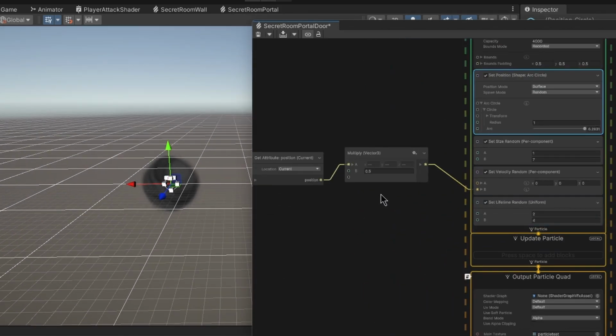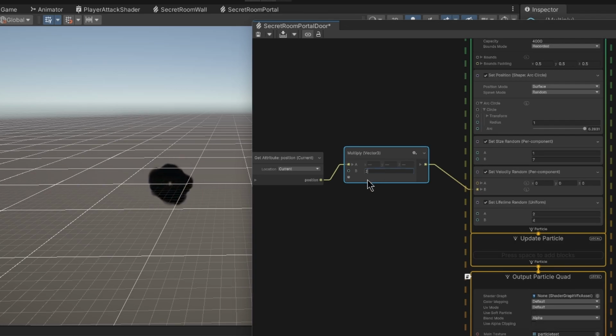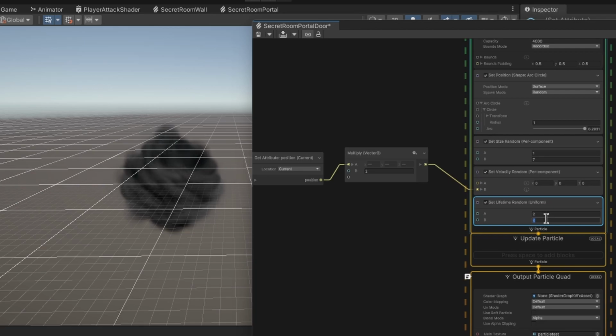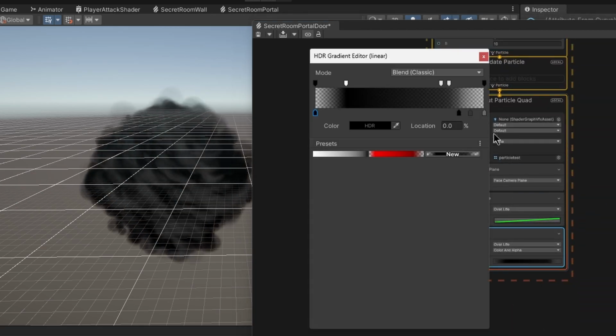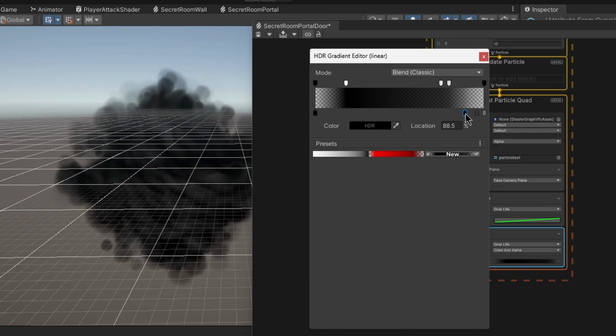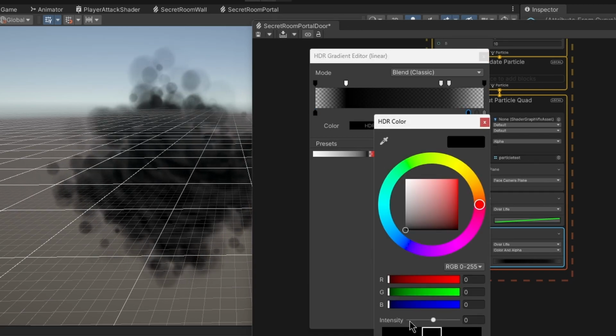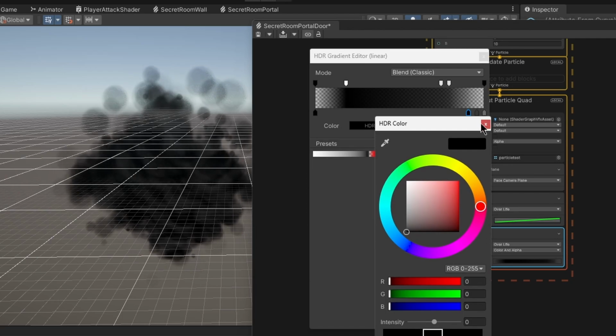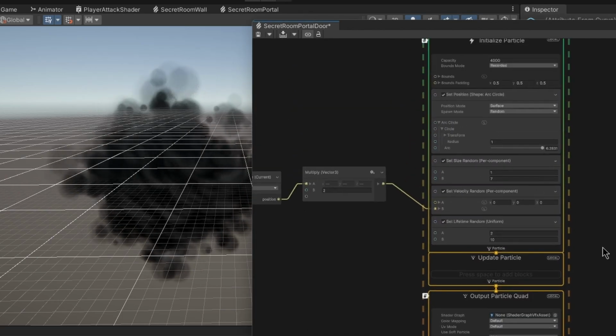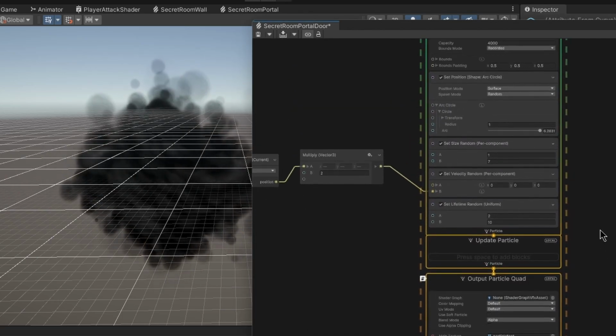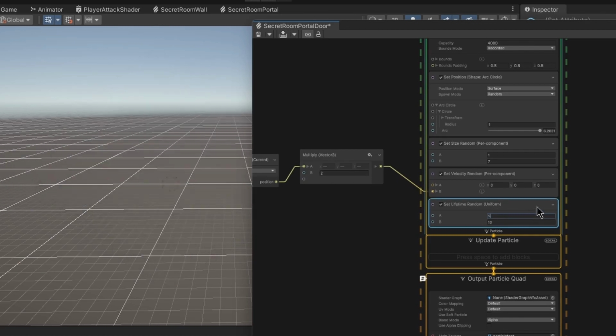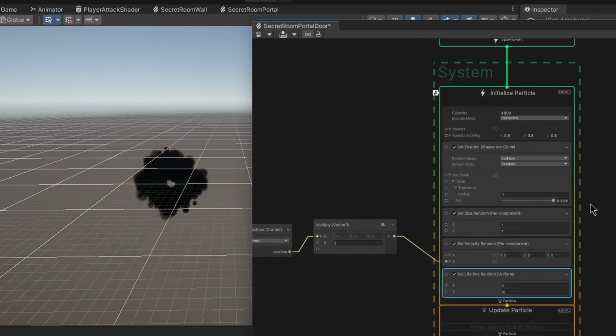So we want the speed though to be more. So let's just do 2 for right now. And let's change the lifetime to 10. And then this color over lifetime, it really needs to be compressed right till the end. So this should be completely black up to this point. And then this random needs to be 5 to 10 and the speed random needs to be